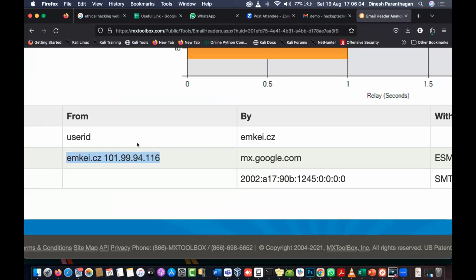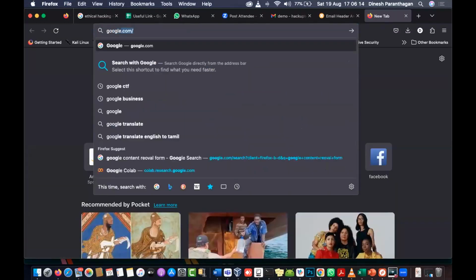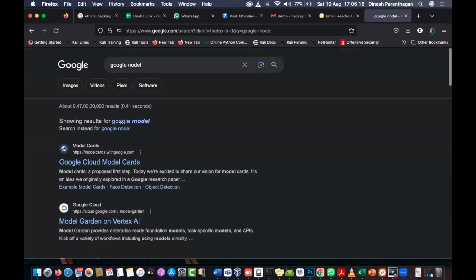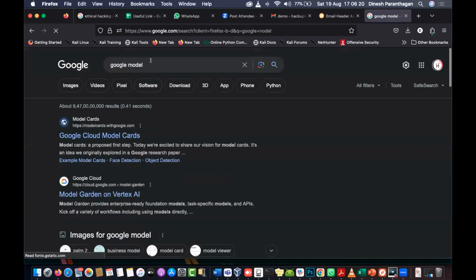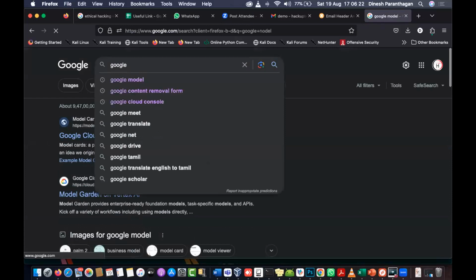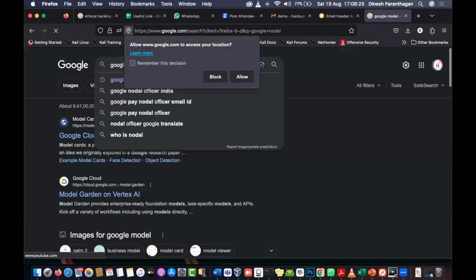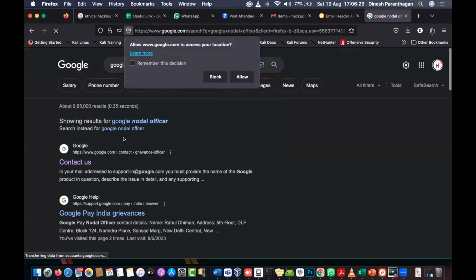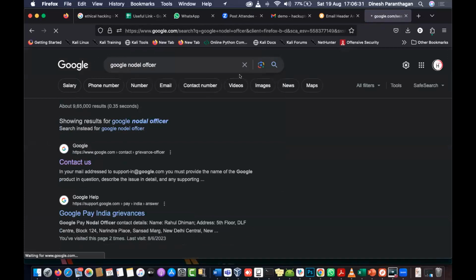Consider this a scenario of how the police department investigates. First, each and every department has a nodal officer. Here is the Google nodal officer for India, and every country has a nodal department.